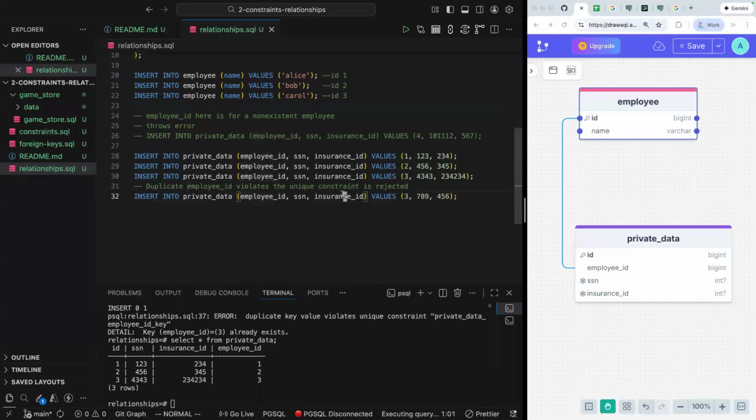And the reason it rejected this last one is right here. I have employee ID 3, but then I do employee ID 3 again. If I changed that to 4, then it would have worked. What about you put